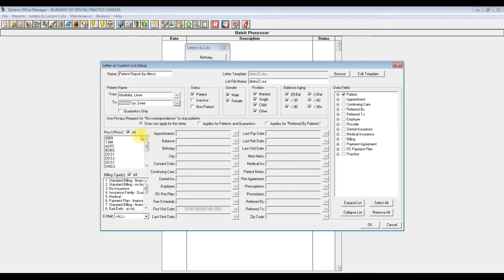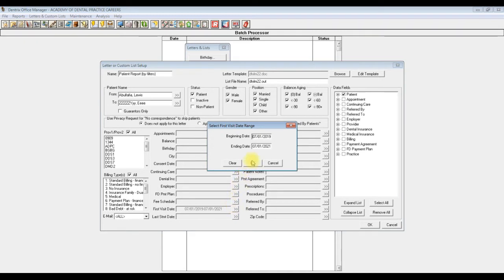The first column underneath, we want to now have all clicked for a provider, and all clicked for a billing type. And then we move on to the second column and scroll down to the first visit date. Once you're at the first visit date, you can open that window and select a beginning date and an ending date. For our purposes, I put the beginning date of July 1st, 2019 to July 1st, 2021,